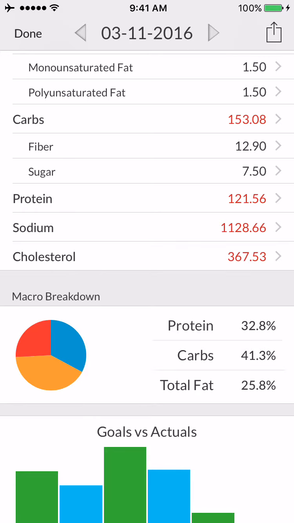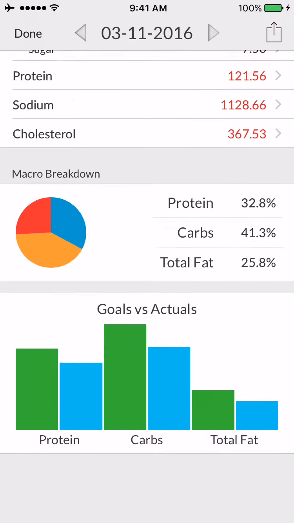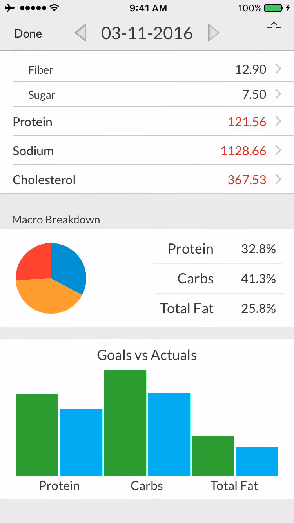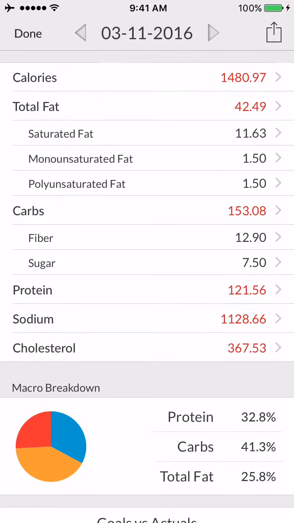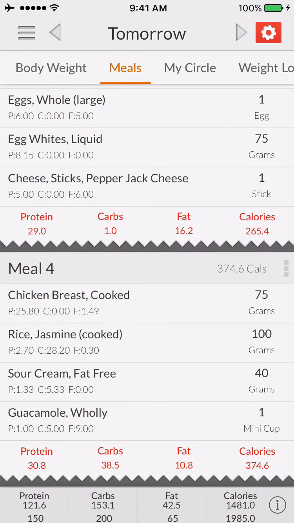For those of you that might track your macronutrients by a percentage base, there's that as well. And then the closer you get to your goals, you'll be able to see the bar chart there as well, the bar graph. So that is